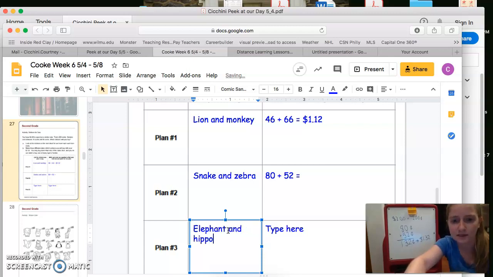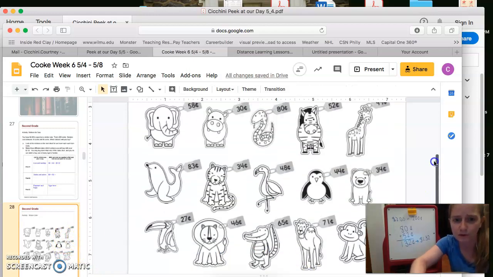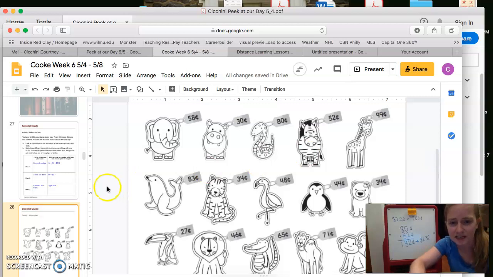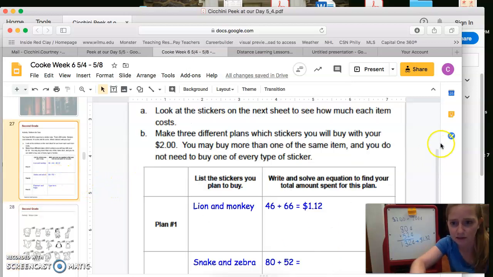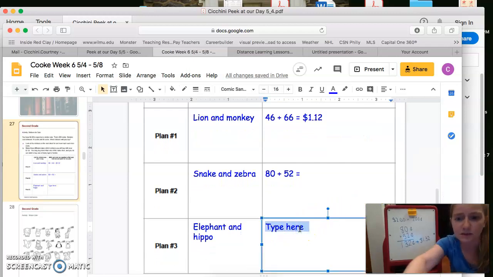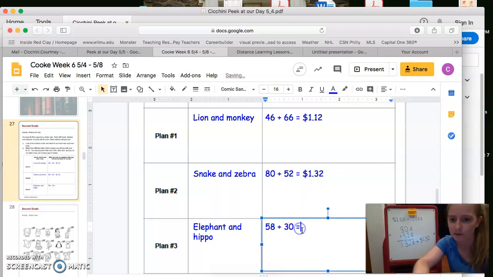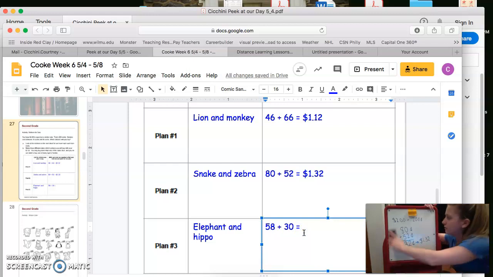I'm going to go back to my slide to see how much they were and write my equation. So 58 cents and 30 cents. I just noticed something, 58 cents plus 30 cents. In plan 2, I forgot to write my answer, so I'm going to go back, do dollar sign, $1.32 cents. All right, now plan 3, I'm going to write